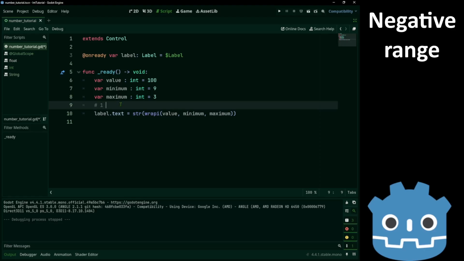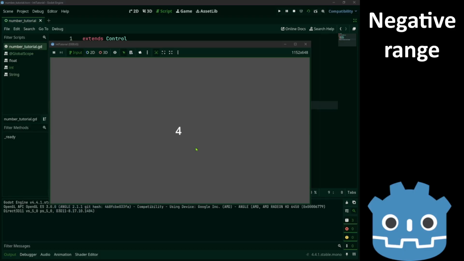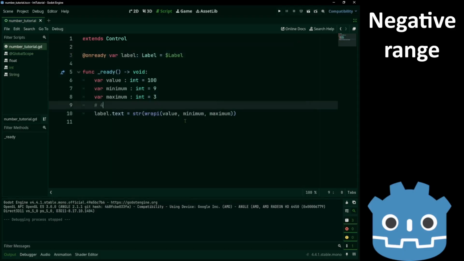So we get 1 plus the range. Mod the range. And we get minus 5. Now add the minimum. And we get 4. If you remember, that was the same value as before.